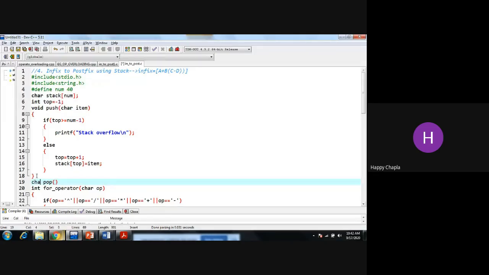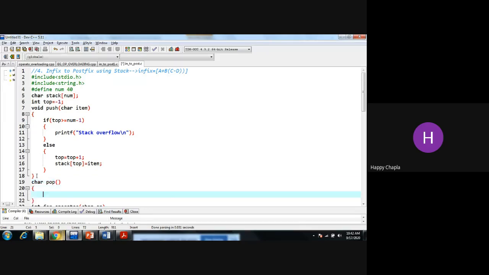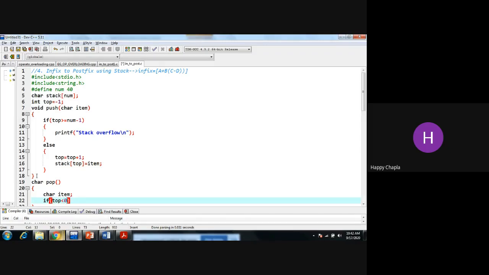That's why I am writing character. Okay. How can I say the stack is underflow? If my top is less than 0,